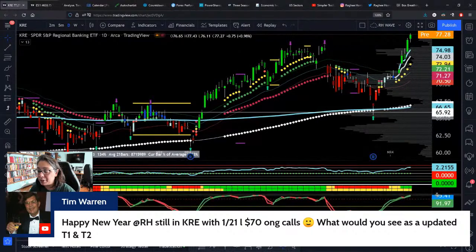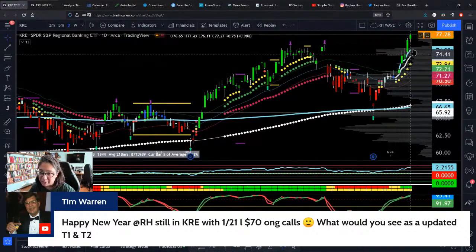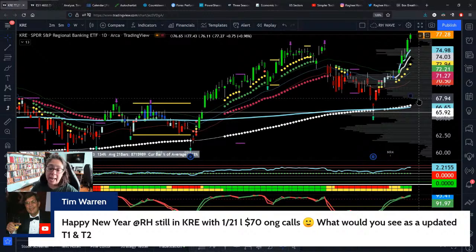It's looking a little toppy, but because we're starting to see consistency in grab candles, KRE is one of the stronger sectors out there right now. XLF, financials, KRE, regional banks, they're going to benefit. This is basic stuff, right? They're going to benefit from a higher interest rate environment. And why are they moving now? You might say, but Ron, we've known this for a long time. Why are they moving again now? Because we're actually seeing the timeline to the first rate hikes really start to shorten from what was a June conversation to what's a March conversation. So they got a shot in the arm. So I hope that helps.